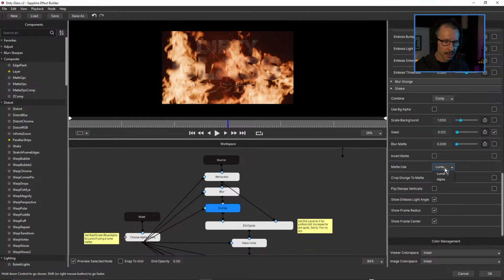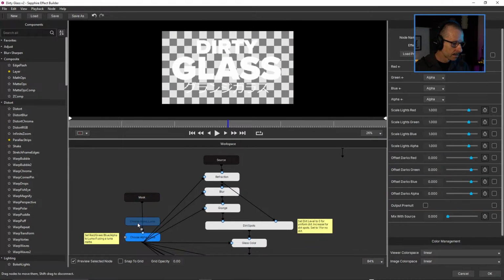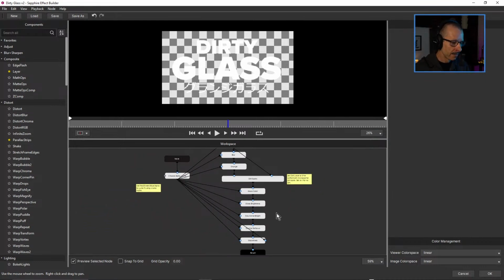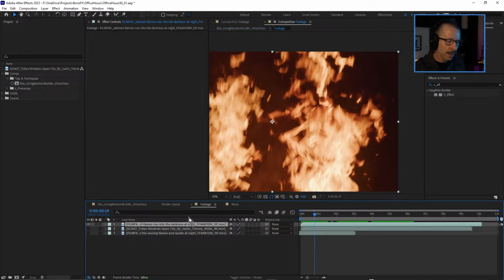Let's look at it for grunge, Luma and alpha. Everything still works. So that's interesting. Not exactly sure why it's doing that. So the question is, if I'm modifying this, do I need to do anything? Let's try something. I'll cancel that. I'm going to come into my dirty glass, and I'm going to, oh, sorry, not dirty glass,